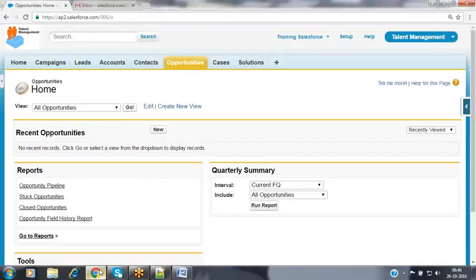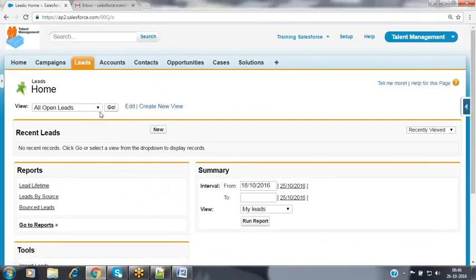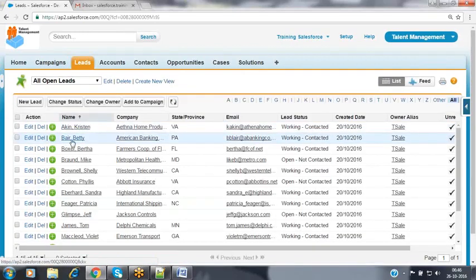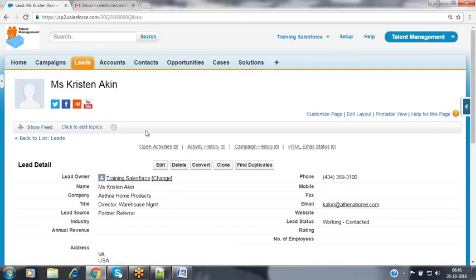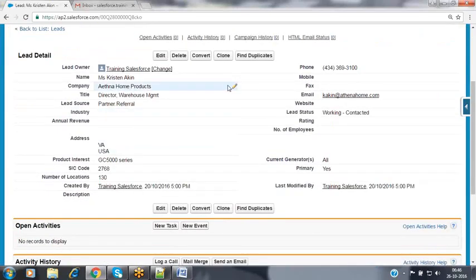See, when you go to the record, suppose for example, there is a lead person. Assume that you open any of the lead records. So we have a lead person, Kristen Akin. Now I'm a salesperson working on the lead. I have contacted the lead. Now the lead person is ready to buy the product if I'm offering a 15% discount. But as a salesperson, I can offer up to 5% only, that is in my hand.